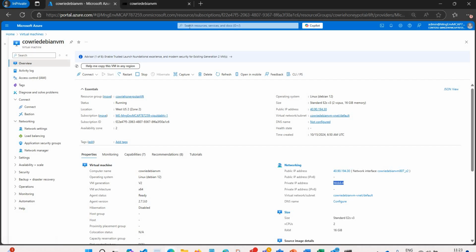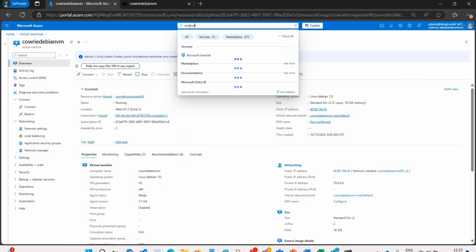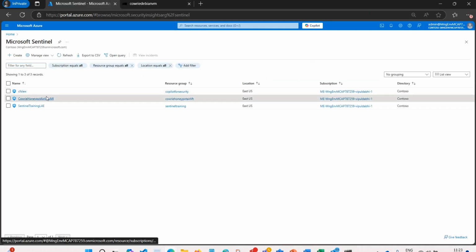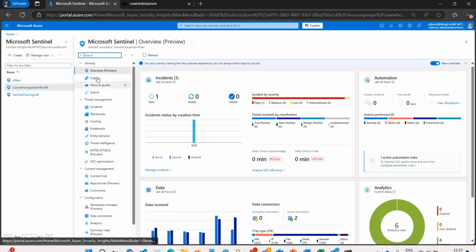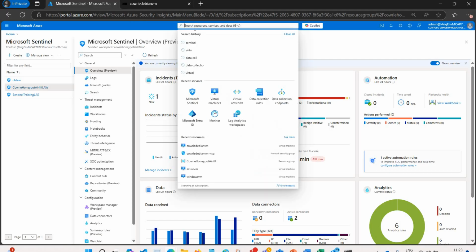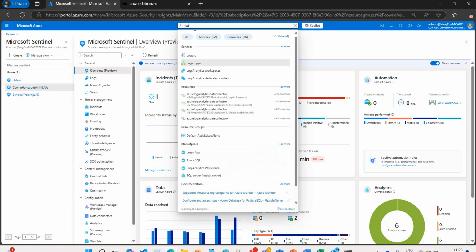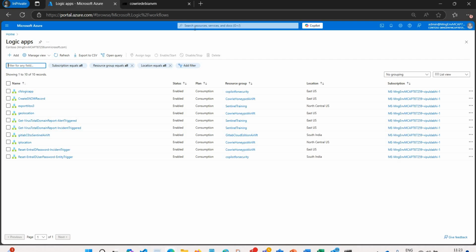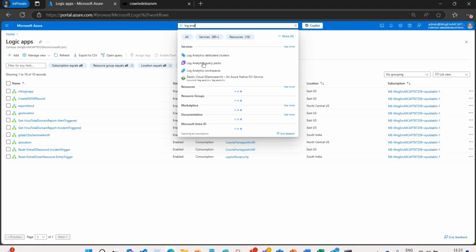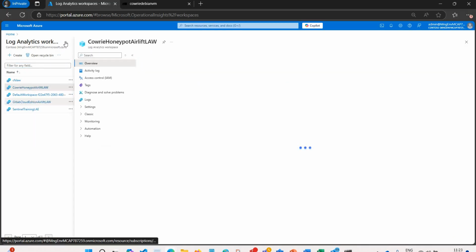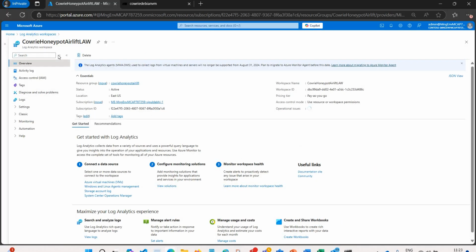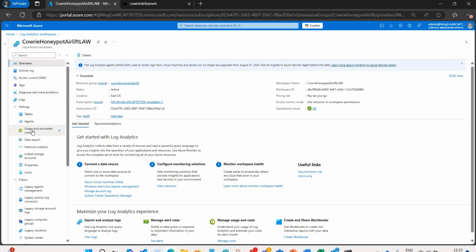So I'll just take you to Sentinel, and we have this Cowrie honeypot. Now you see you have this workspace. This is my workspace. So I'll just search log analytics workspace here. This is my actual workspace, and if I just quickly give you a walkthrough of it,